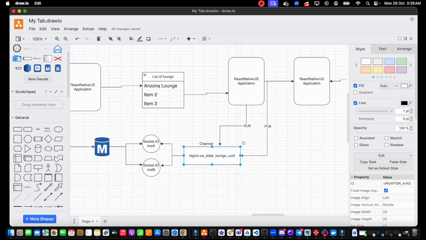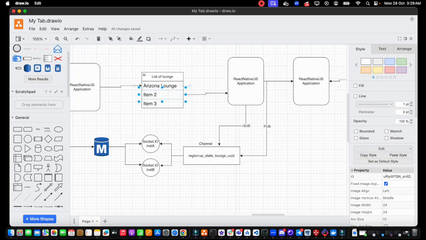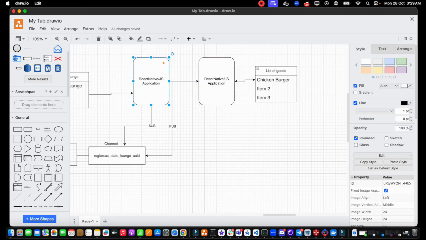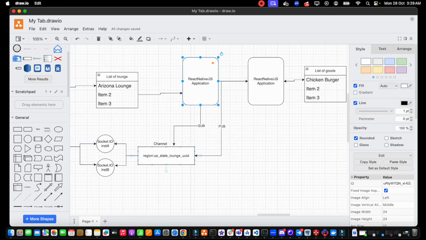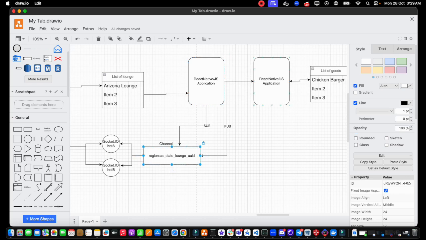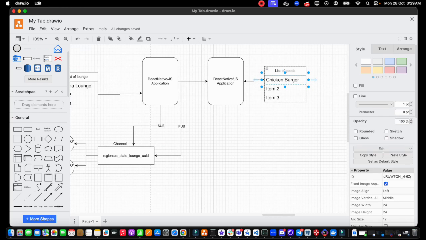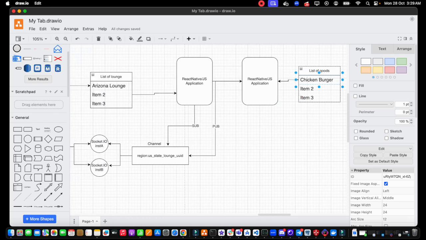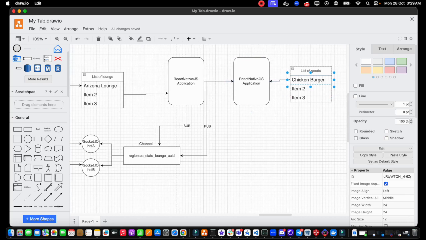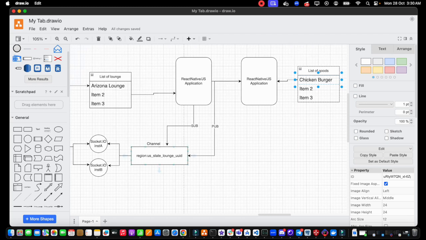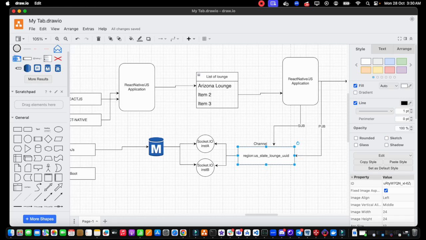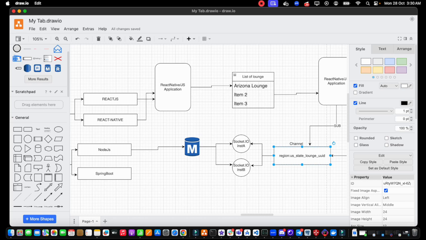So the customer comes, they find the list of lounge, they pick their lounge, and immediately you select your lounge, we load and subscribe you to that particular channel, which is that lounge channel, and then we show you the list of basically actionable things that you can do with the lounge. From there you can select your items, click on purchase or click on order, and basically we just publish your order to that particular channel. So your order comes back to that channel, and from our Node.js application we basically just push that particular item to Spring Boot,